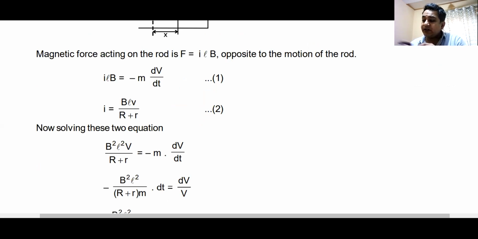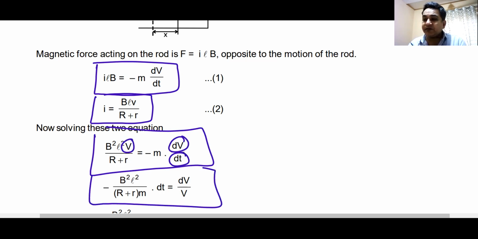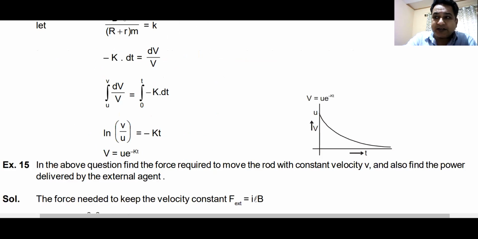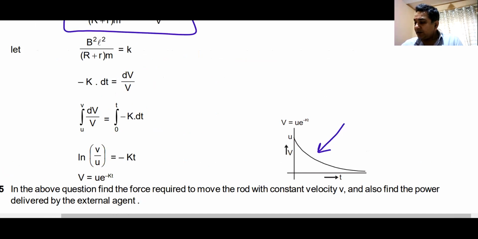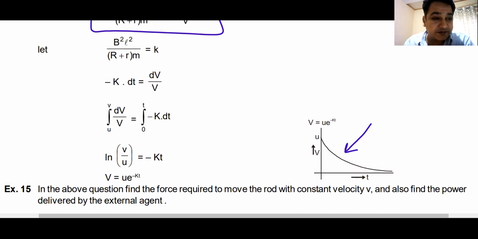This is the magnetic field. This is the magnetic force, and the body is getting decelerated. The value of I is given by this. So you put it here. Acceleration is dv by dt. Here there is dv, here there is v, here it is t. So you separate the terms and you simply integrate this. It will be an exponential function and you will get your answer like this. That will be the graph of velocity as a function of time. Are you getting my point?